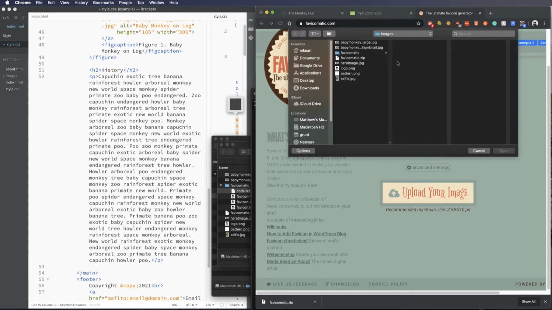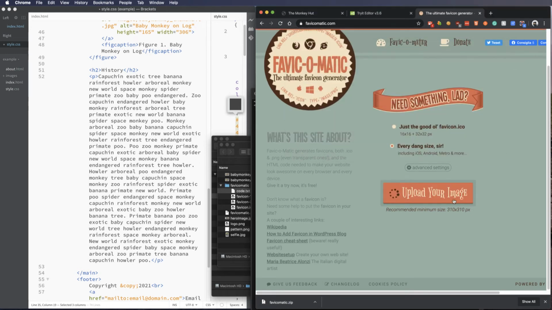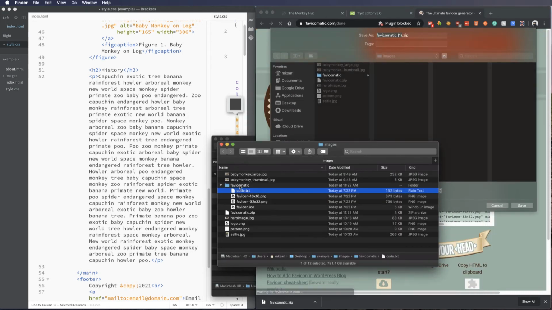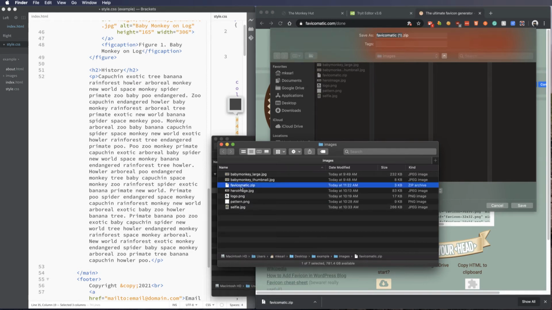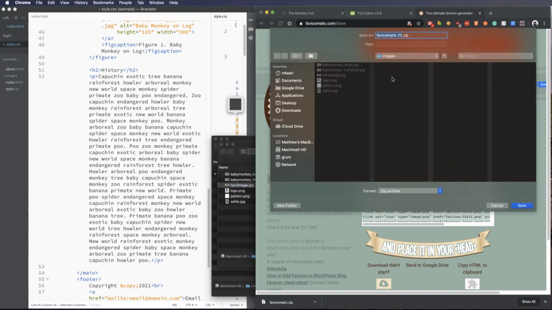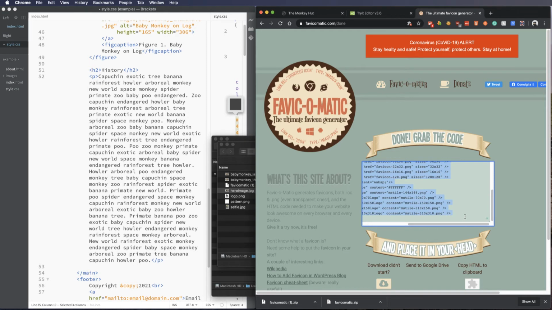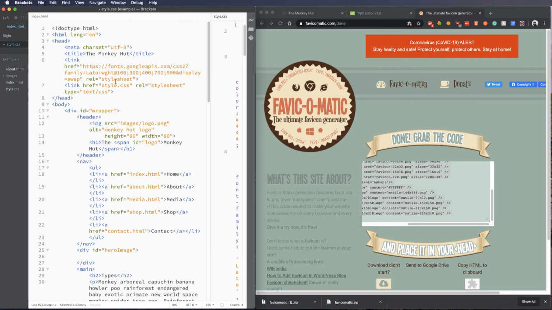We'll upload the same image again. So I'm going to grab our logo, open. It's going to upload here. In the meantime, I'm going to delete this, move to trash, and delete that out as well. And we will save it. You can see it's given us all of this code right here, and I can take this now and put it up into my head